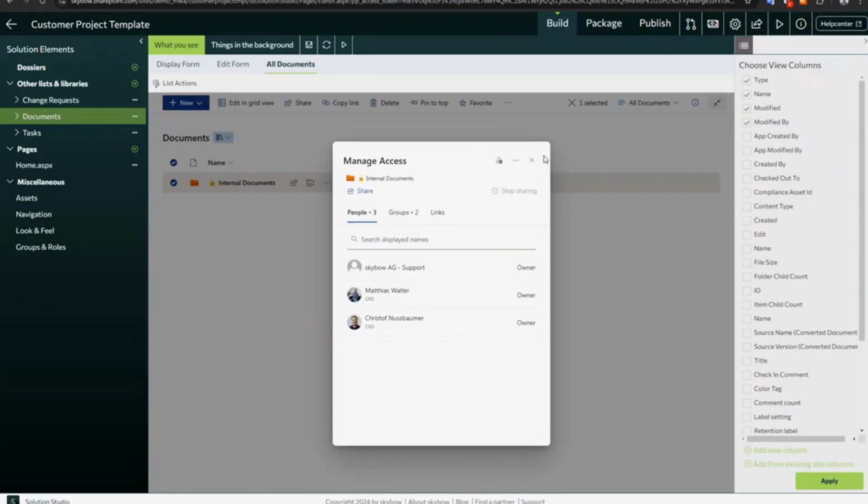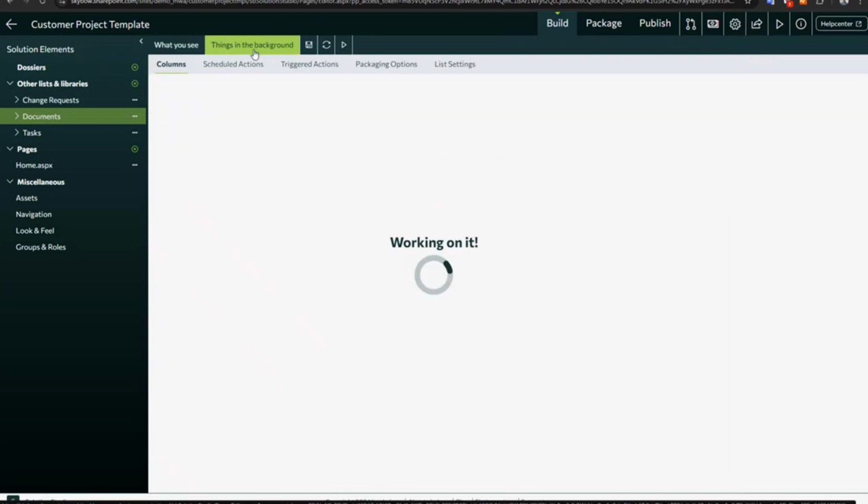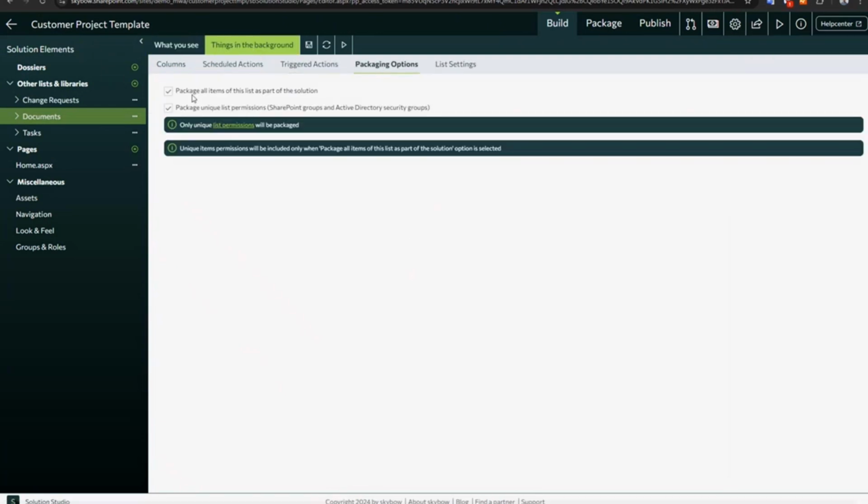And now, because of the skybow provisioning possibilities, in the packaging option, you can say package the items as part of the solution. So it will package that folder, including its permissions. That's the other flag here. So you can roll out a project with certain lists only available for certain groups, which means if I would go back